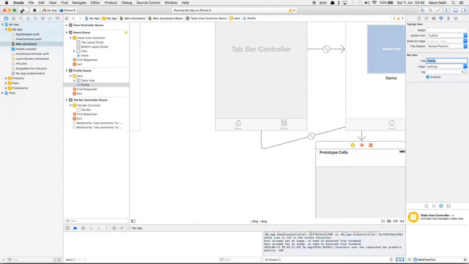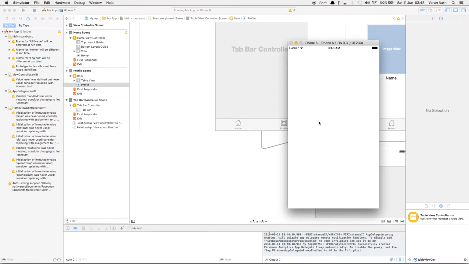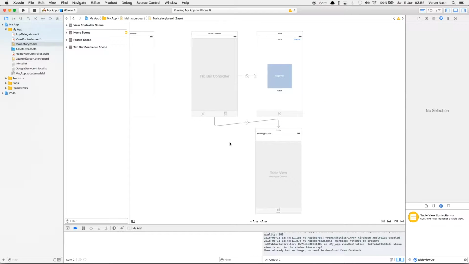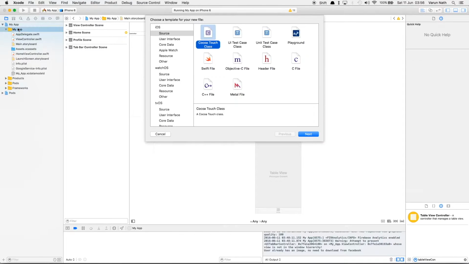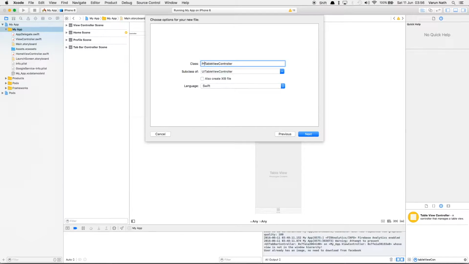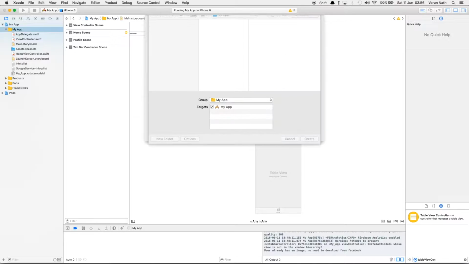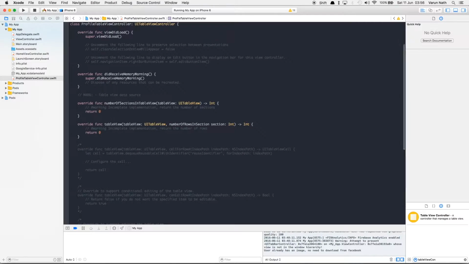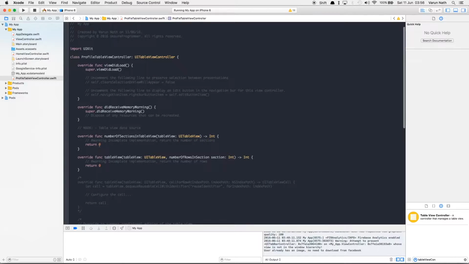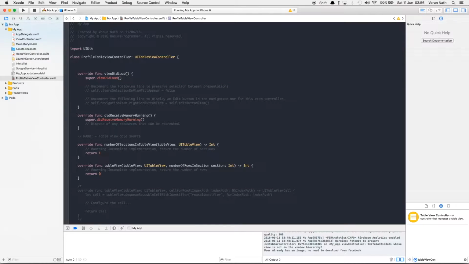Now let's run this and just see if we have this working. There we have it. We have the profile and the home view. Okay, so now let's add a new controller for our table view. And we'll call it profile table view controller. We'll keep only one section in the table view, and let's just assume that we have a few rows in our table. Let's call them where about,